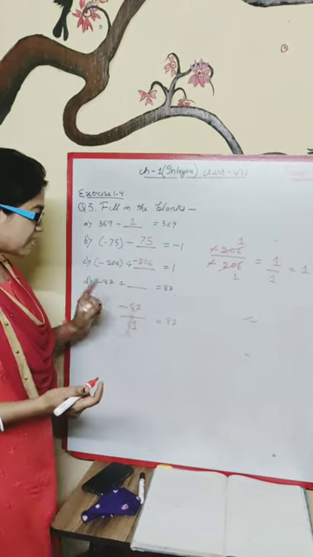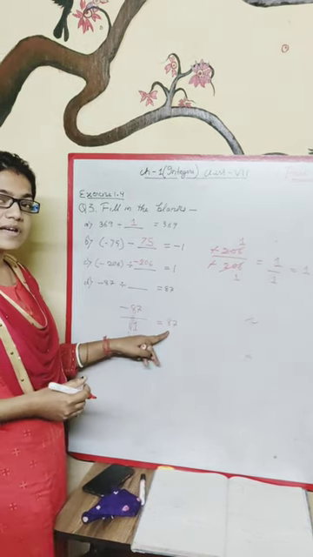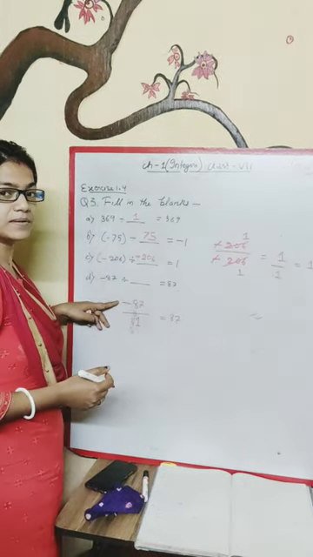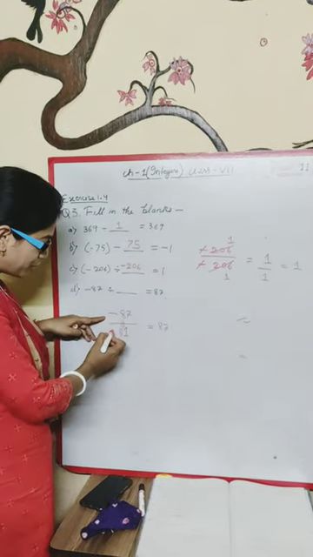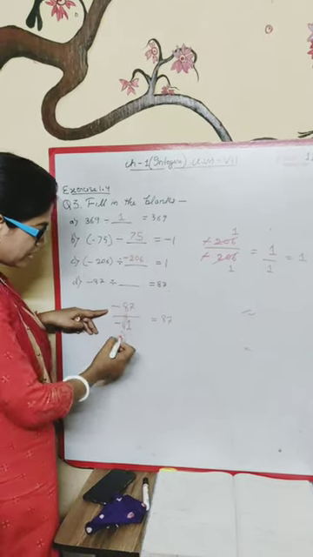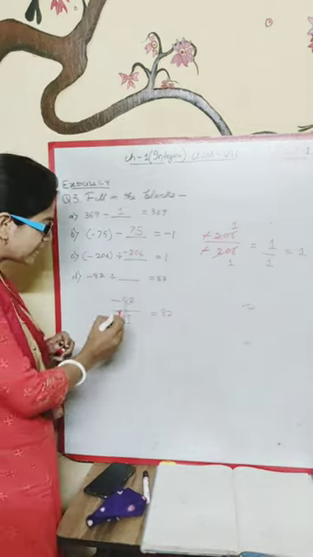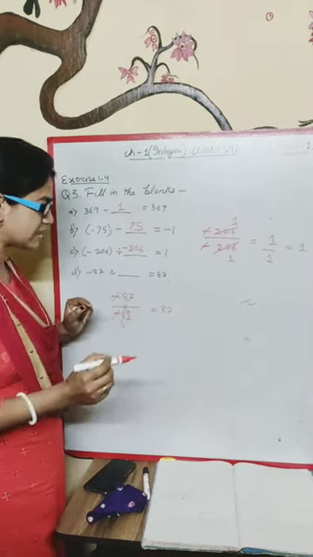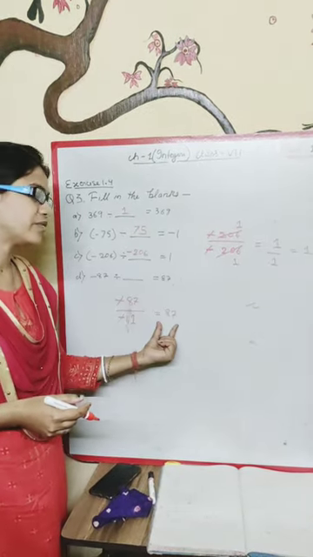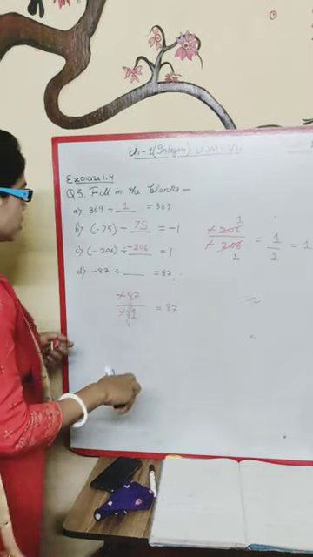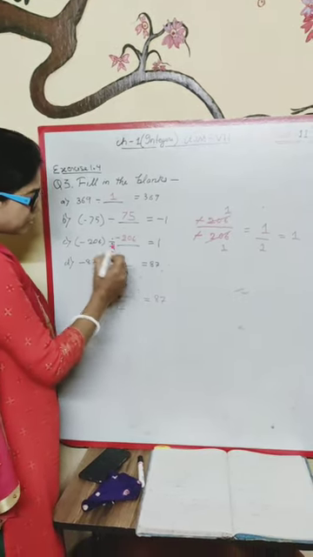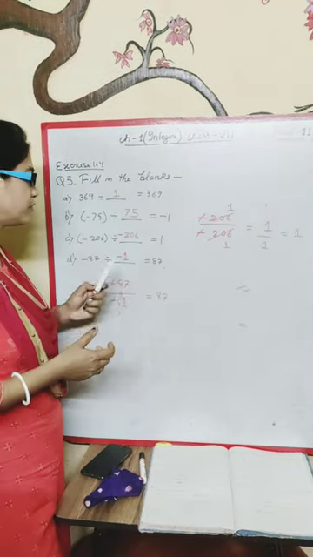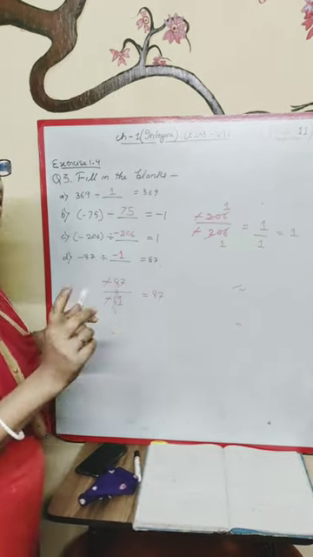Now you just see another thing: it is in a positive sign and this one is the negative one. So to make this answer positive, we have to put this one with a negative sign, so that this negative will cut down and we will get the answer in positive sign. So what do we have to write? We have to write minus 1, or we have to fill up this blank with minus 1. Come to the next question.